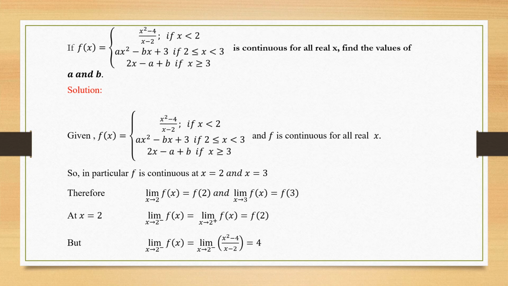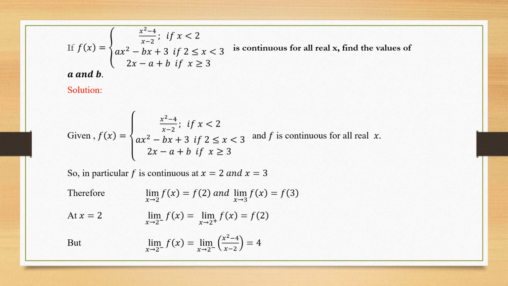Now, x equal to 2 can be broken into two categories. One is 2 minus and one is 2 plus, right? When I say 2 minus, it approaches from the left side. So from the left side, if I substitute 2, what happens? If I substitute 2, I am in a very big problem. Why? Because 2 minus 2 will result in 0, and anything divided by 0 becomes undefined. But it says it's a continuous function. Then there is a controversy. So what should I do?